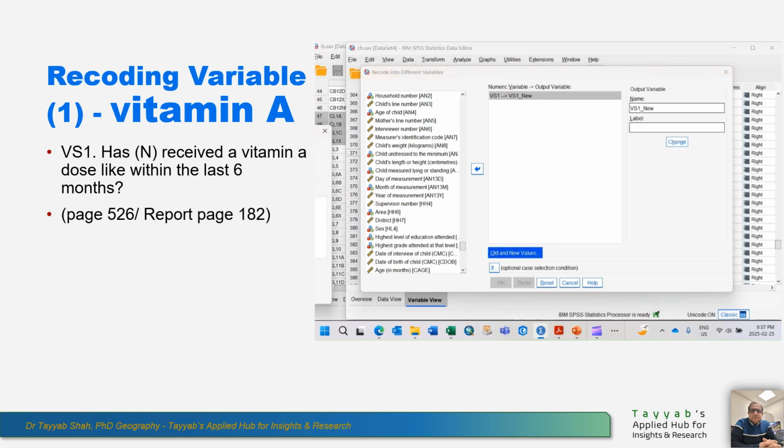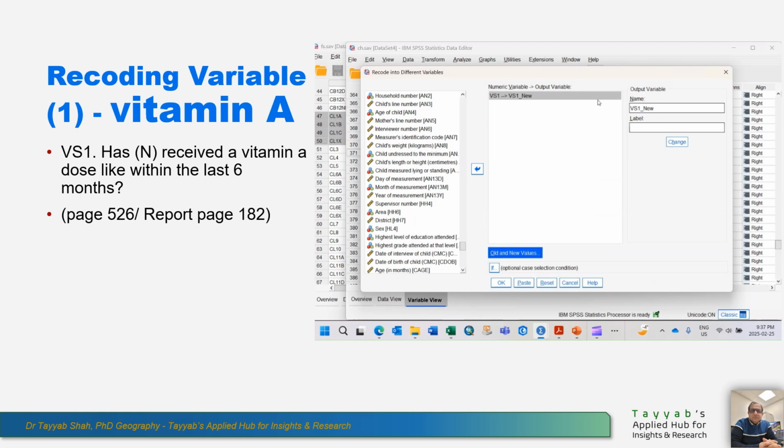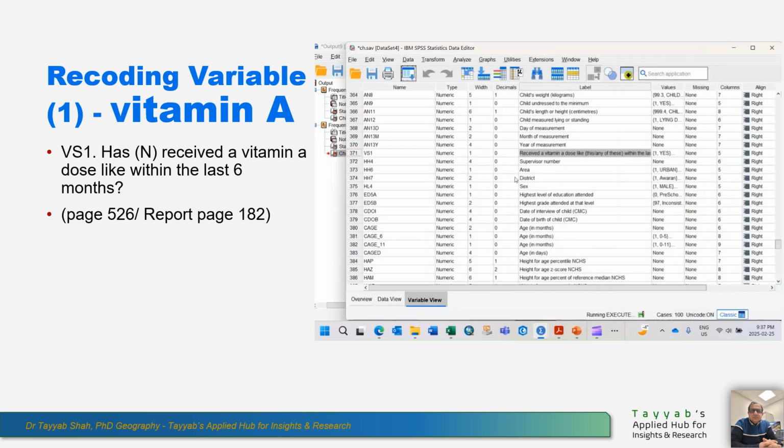values, recode those values. So our original value 1, old value, we want to keep as it is, 1, but the 2 will become 0, because we want to make a binary. So we want to transform this value, change the value into new values, by creating a new variable. So this is a way we will use this variable, and then we will perform this on all cases, and